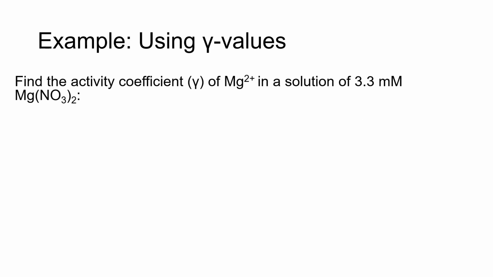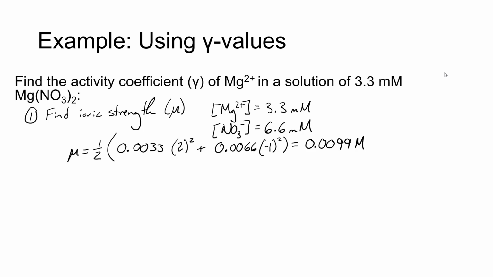All right, so I want to do one example to show you how to use this table, as well as the Debye-Hückel equation. We're going to find the activity coefficient gamma for a specific ion, the magnesium +2 ion, in a solution of 3.3 millimolar magnesium nitrate. So the first thing we need to do to find our activity coefficient is determine what the ionic strength is. As usual, the ionic strength will be 1/2 times the concentration of each ion times its charge squared, and we sum them up. If we have a 3.3 millimolar solution of magnesium nitrate,